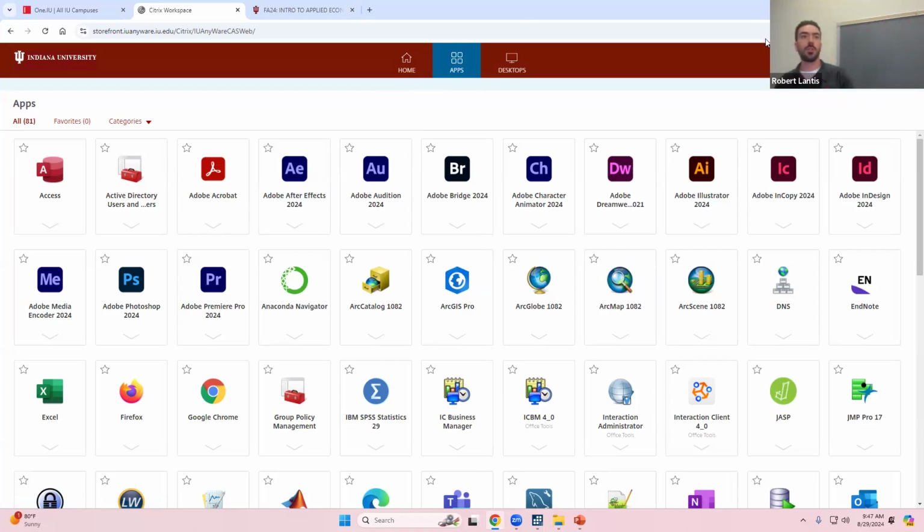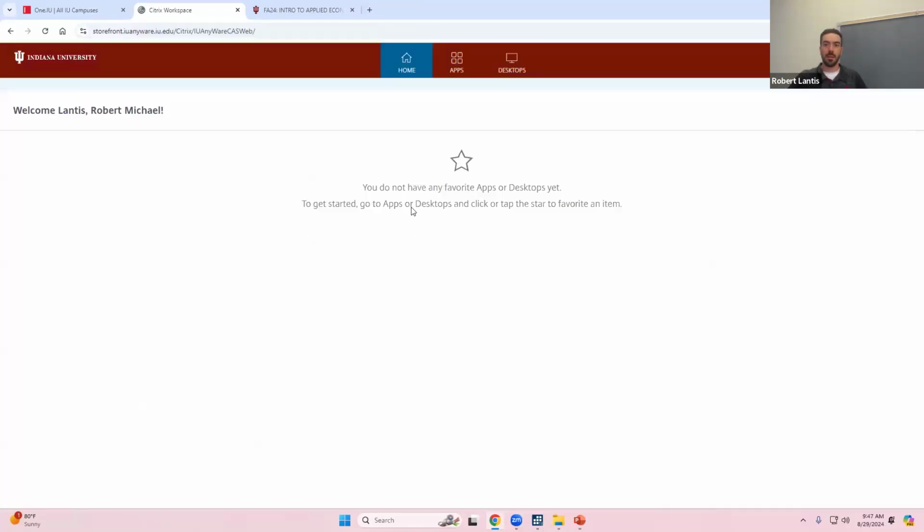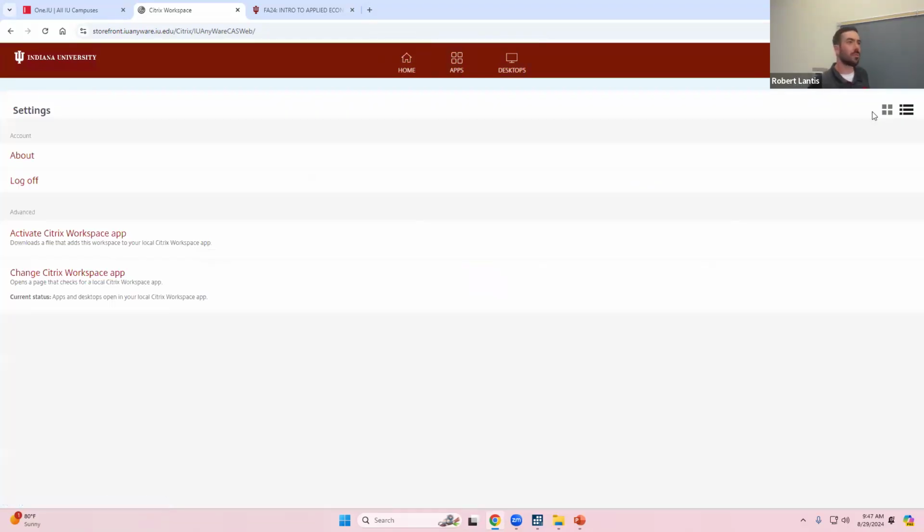So if you're having issues with it, even though you think you downloaded Citrix, go to IU Anywhere, if you can get to this point where you can see your apps and everything. So let me see. Okay, well, it's not going to let me do it again, but you'll detect Citrix and then it should send you right here. If you go to settings, account settings, and this is in the initial Stata help video I had on the YouTube page.